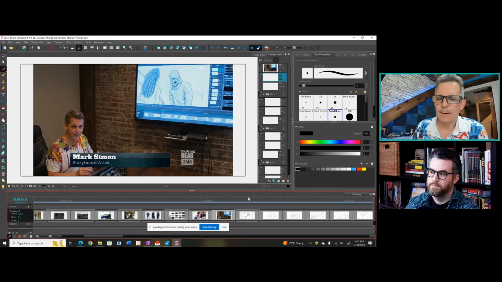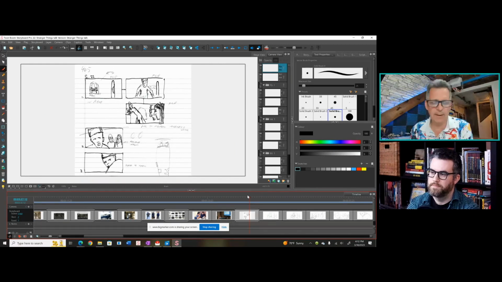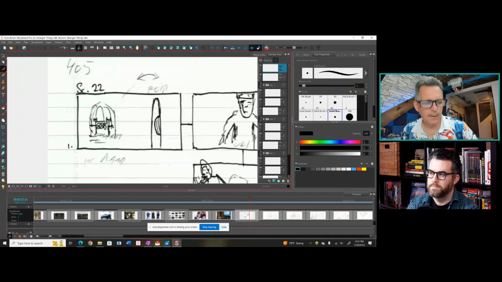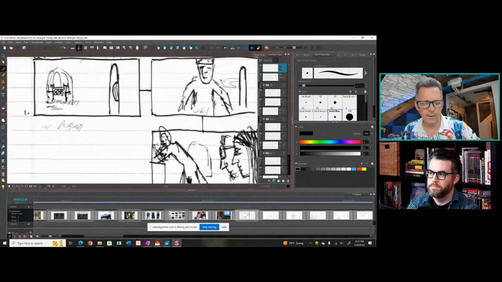And every director works differently. Some like to talk through shots. Others have a written shot list. And some do their own rough thumbnails. So in Antal's case, he liked doing his own thumbnails. He had a very particular way of showing what is one shot with the multiple panels. And so we would go through that. And then the pencil marks, I would actually go through and just handwrite little notes on there.